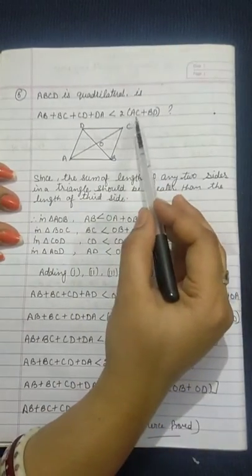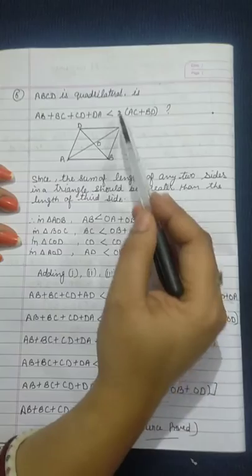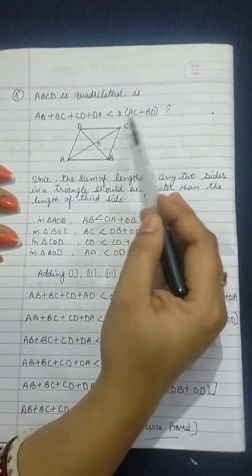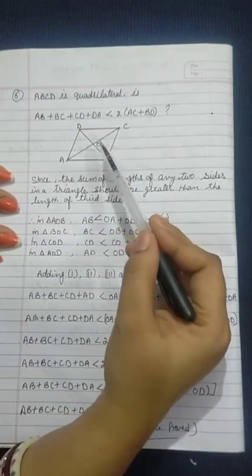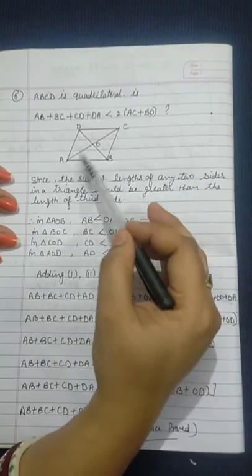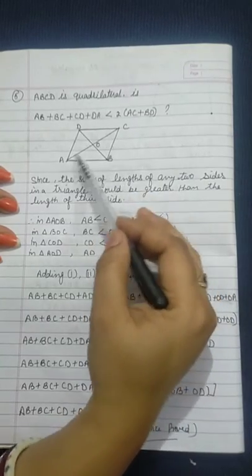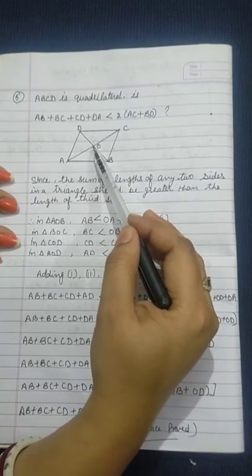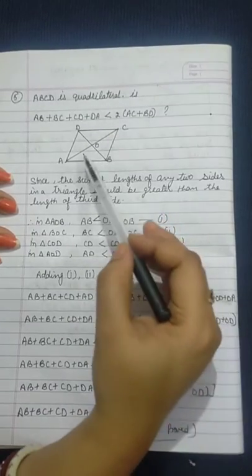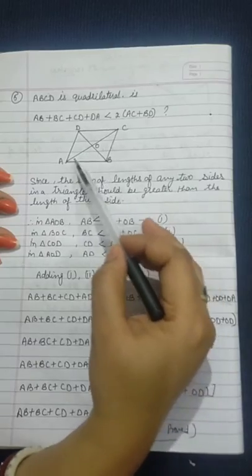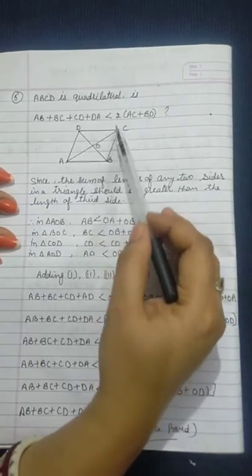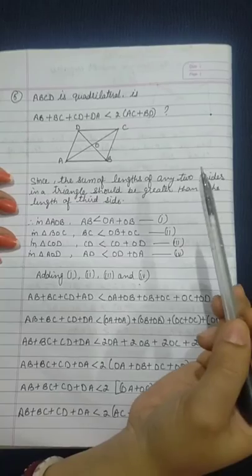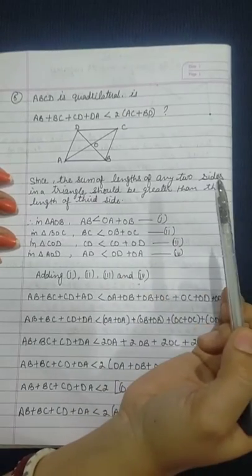Now you can see here AC and BD. Both are greater as compared to these two sides. So what we'll do here, we'll take these small triangles, where the diagonals intersect at point O. Let it be O, the intersecting point of the diagonals, and we'll take the small triangles AOB, then BOC, then COD, then DOA. Then according to this we will simplify the sum.